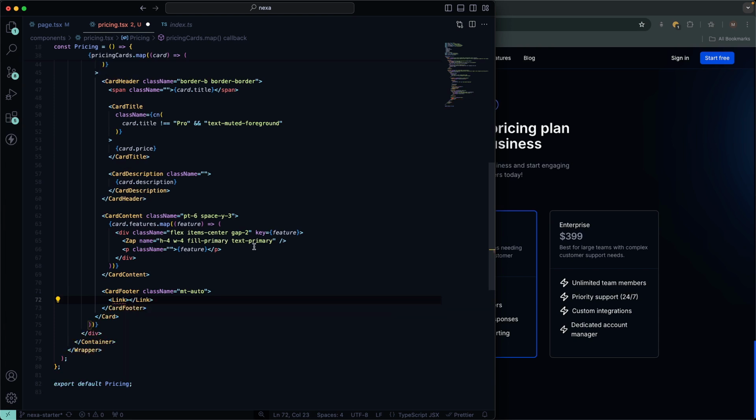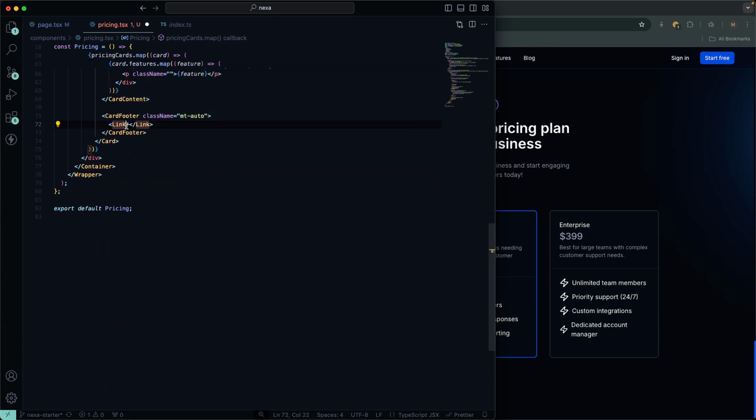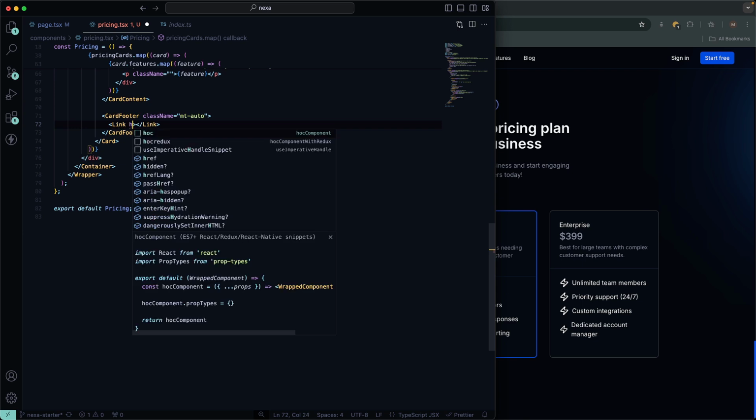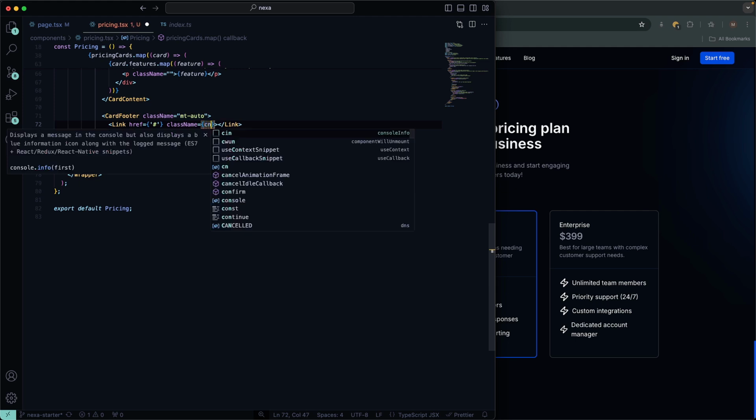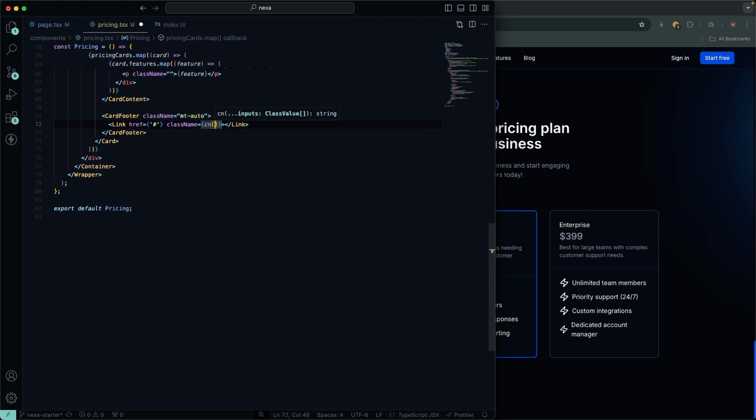It's going to use a link, and I'm just going to set the href for now to this, and I'll pass it the class name. I'm going to be using our helper functions here, and I'll just start with this. So full width, text in the center,